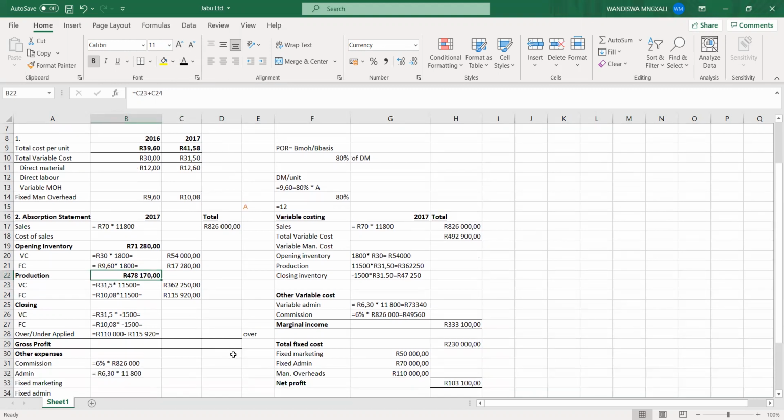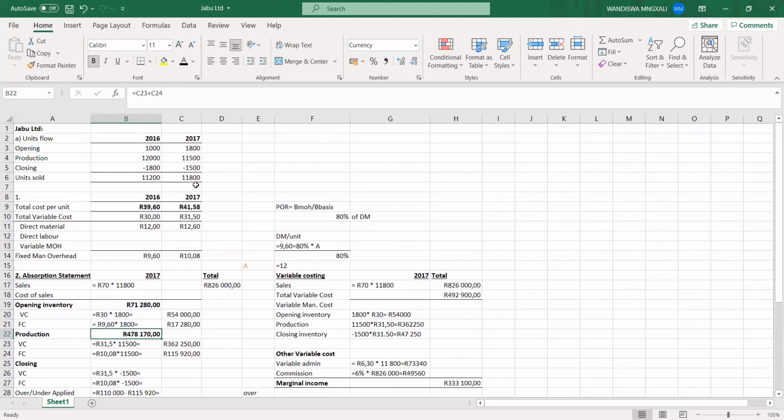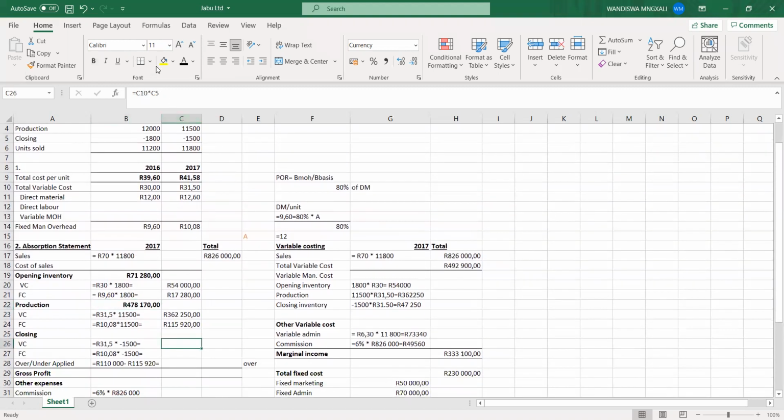So my production then ends up at 478,170. Okay, then we move on to our closing, still the same principle, just different inventory units. We have the 31 Rand 50 cents times the 1,500, which was my closing units, to give you a negative 47,250. Remember, it's closing, therefore it needs to be minused. Fixed portion, it's also 10 Rand 8 cents times the 1,500 units, which would then give you minus 15,120